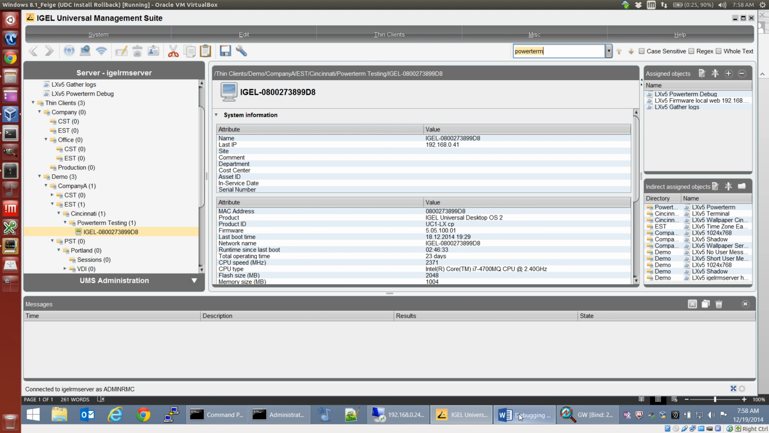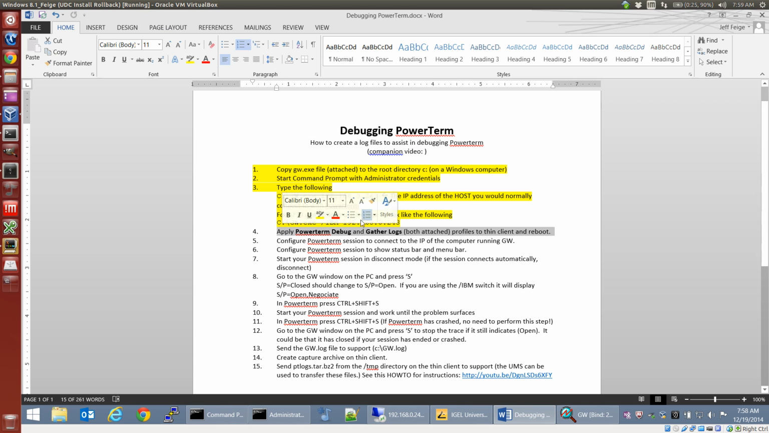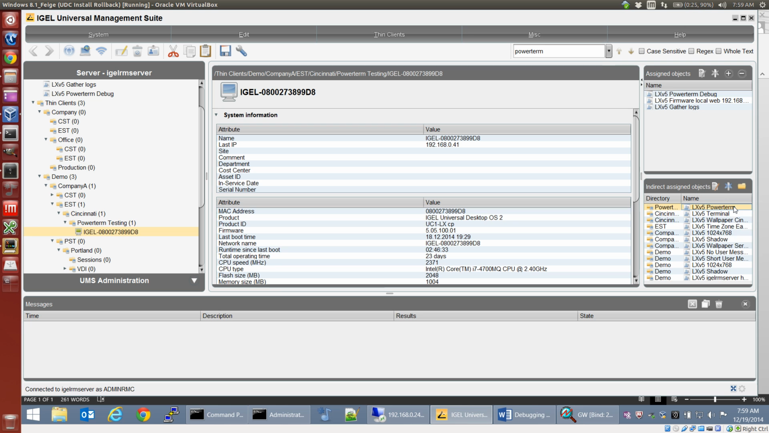Okay, so what is the next step here? That's done. Configure the Powerterm session to connect to the IP of the computer running GW. So GW is basically a wedge between your Powerterm session and your terminal host, so that it gathers all of the data that goes through. It basically passes everything through. So we'll go and configure our Powerterm session